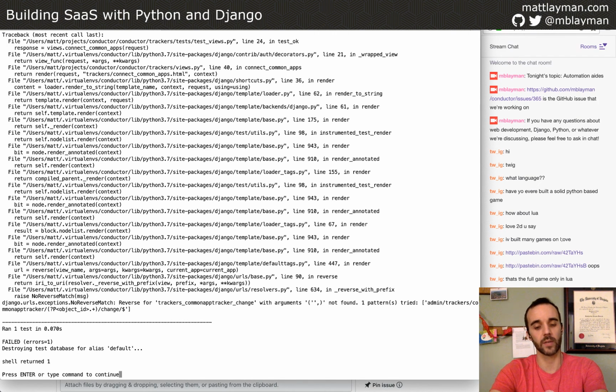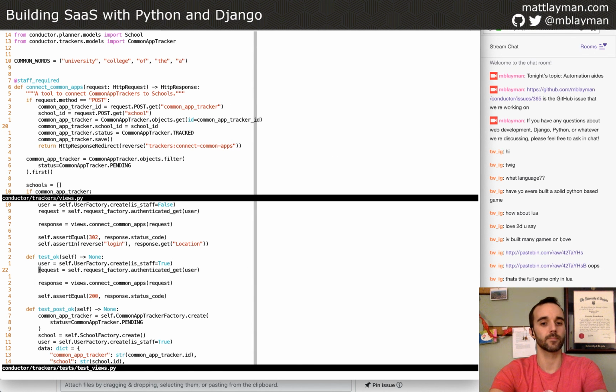Okay, I think what's happening is we're trying to do a lookup when we don't have any information. In the rendering of the template, the test is trying to do this lookup for the Common App Tracker change admin link, but because there's no value, it can't put the URL together properly.